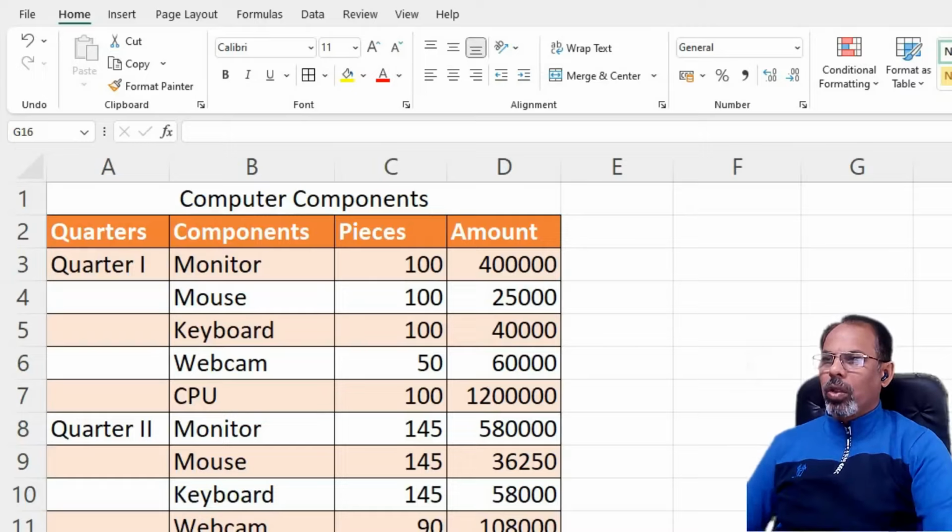Hello friends, today we are going to learn another interesting Excel trick wherein we will learn the usage of Control G, then Control plus and Alt equals together in a single video. Earlier in one of my previous videos we have learned the usage of Control G and Alt and equal to